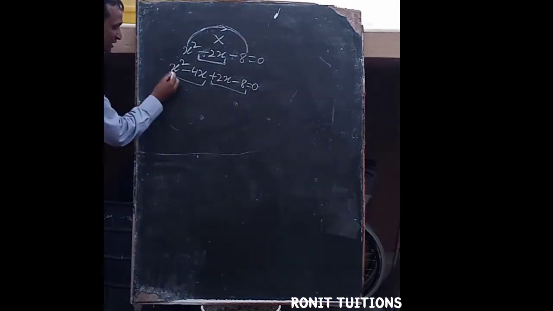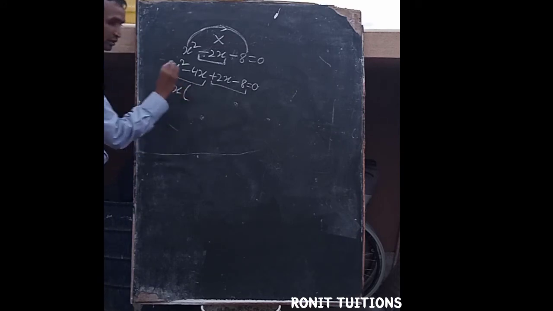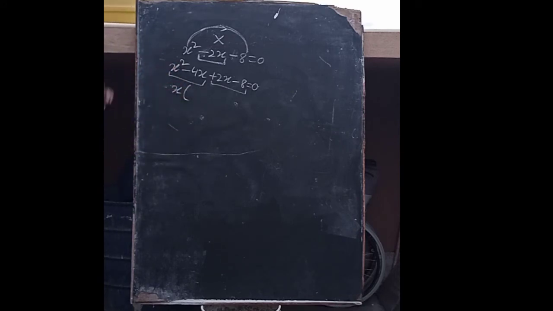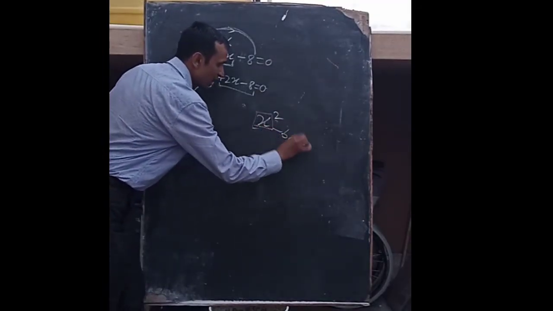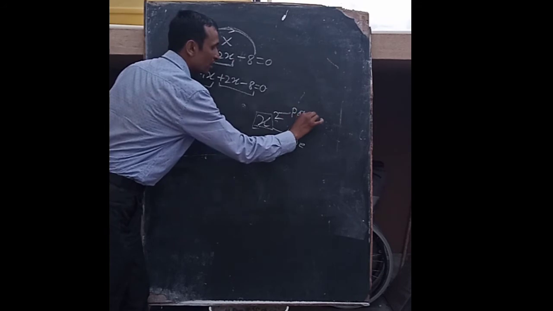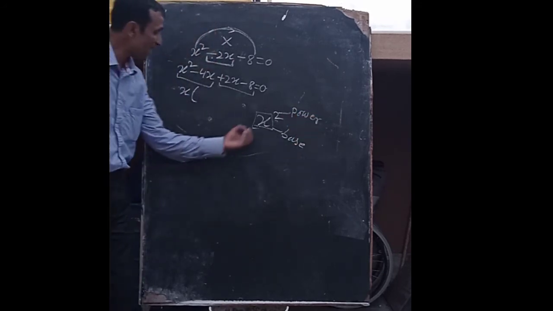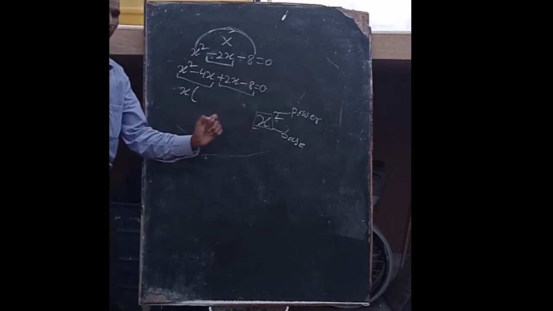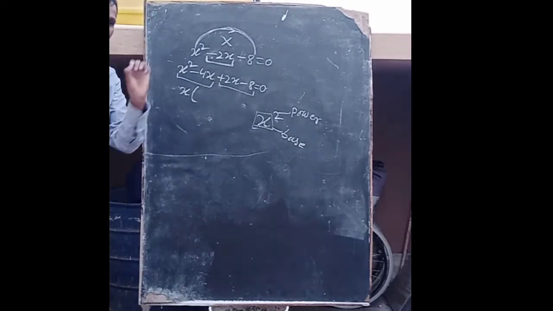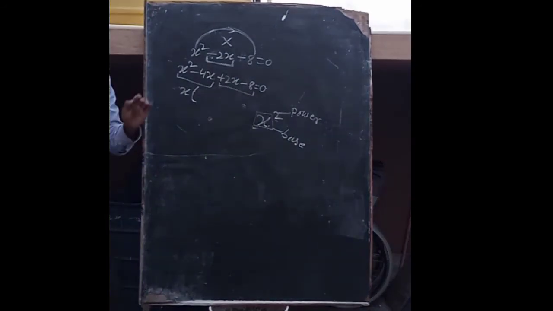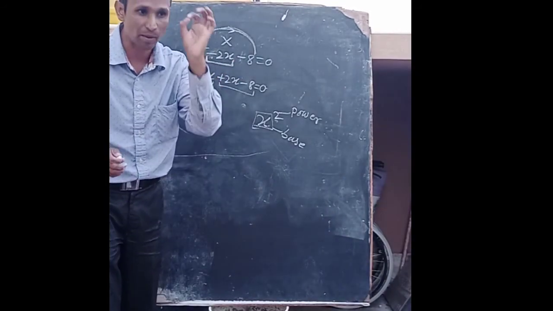So what is the common in that? What is the similar? X. Taken. Means x square divided by x. What will be? This x is called the base. And this is called the power, also the exponent. When the base are the same, then in the division, power are subtracted.